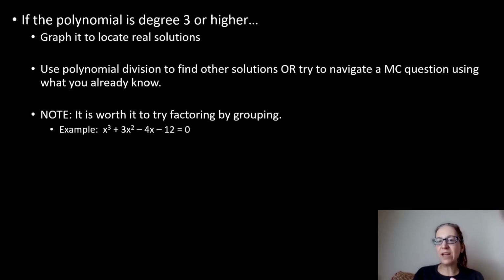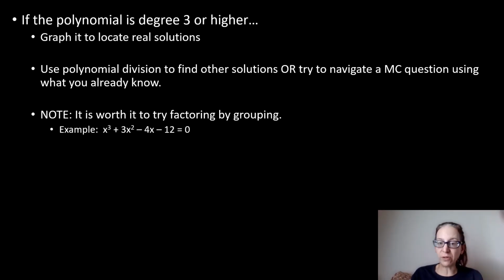There are things that you can do to figure them out by hand, because obviously we haven't always had graphing calculators where we could just graph them and look for the solutions. So there are strategies that can be used to find all the solutions, but they're very long and very involved. Now, once you graph it and you're able to locate the real solutions, use polynomial division to